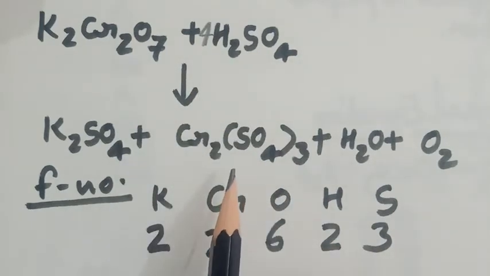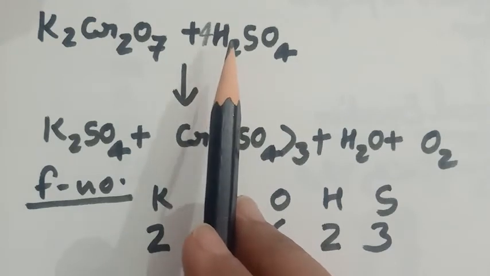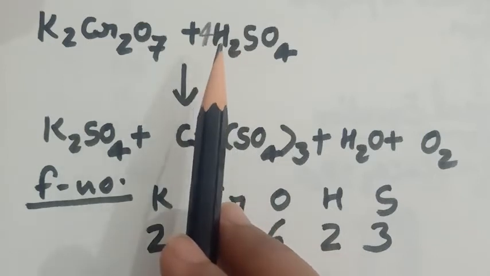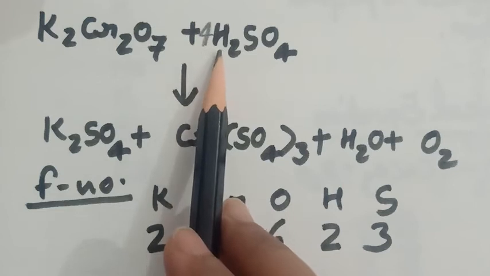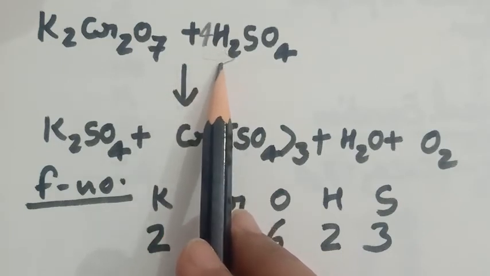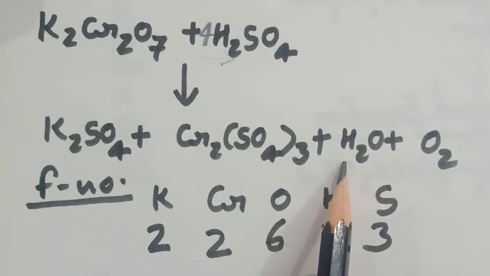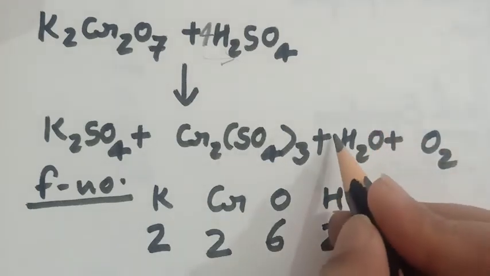However, on multiplying sulfuric acid, H2SO4, by 4, the number of hydrogen atoms increases to 8. We have already balanced the hydrogen, so now multiplying 4 on the H2SO4 side, the number of hydrogen is disturbed. This side 8 and this side only 2. So in order to rebalance hydrogen atoms, we have to multiply this water also with 4.